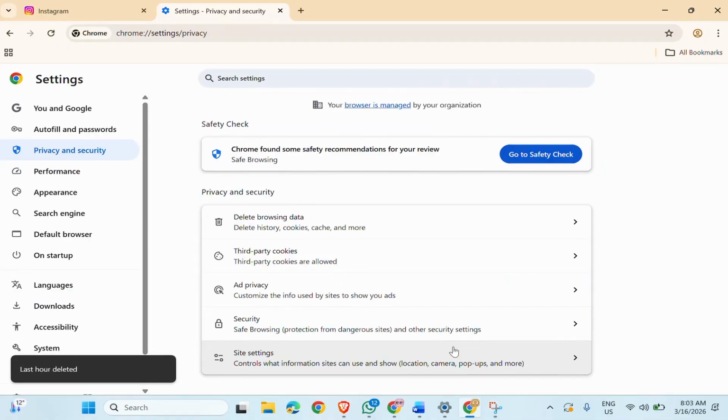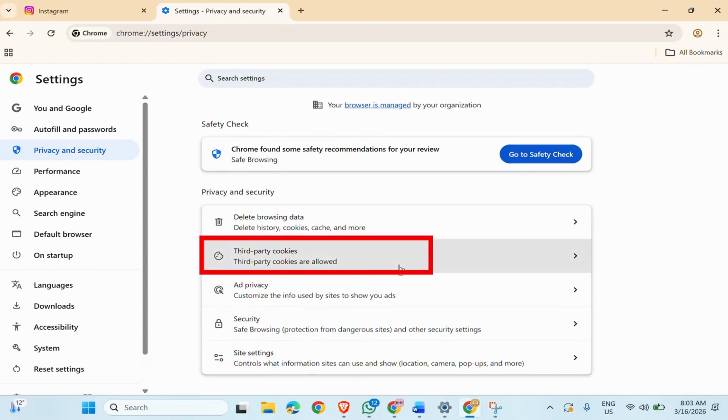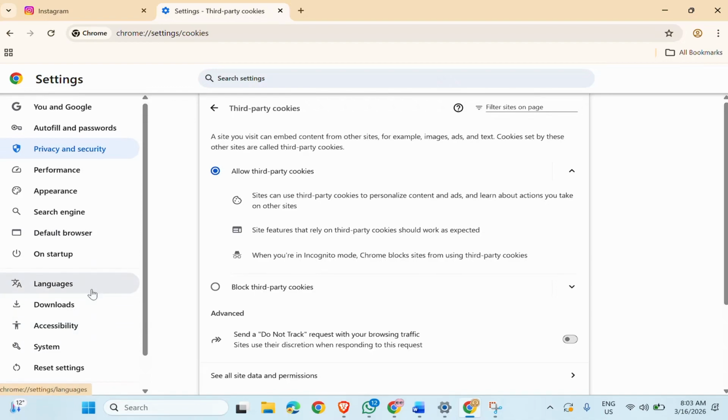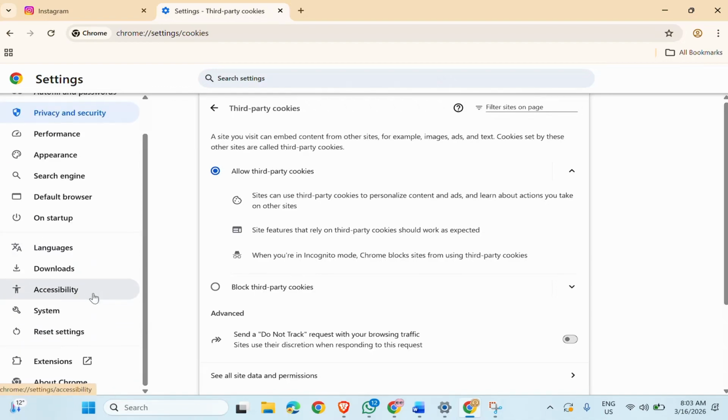So these cookies and cache files might be the reason that Instagram is not working on your PC. And then sometimes you need to allow the third party cookies as well, so make sure that you set to allow. And then on the left hand side, you can go to about Chrome,